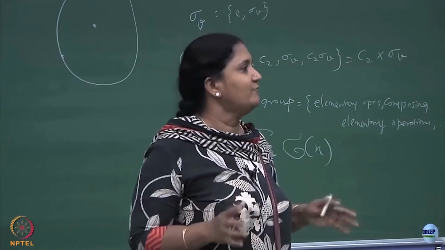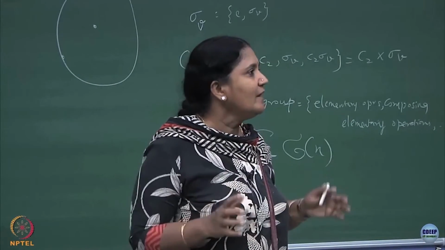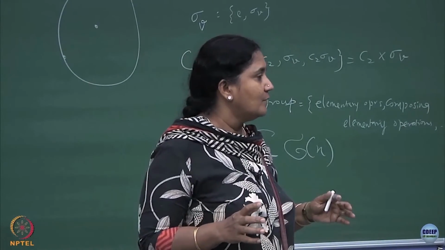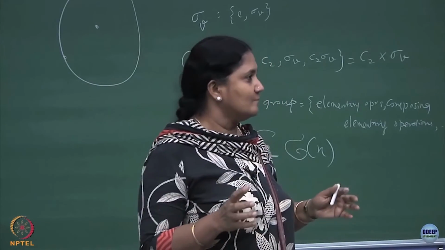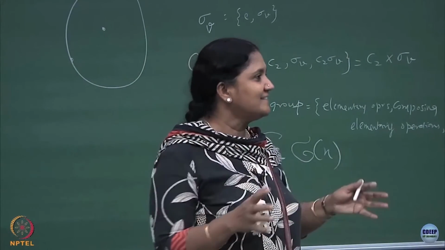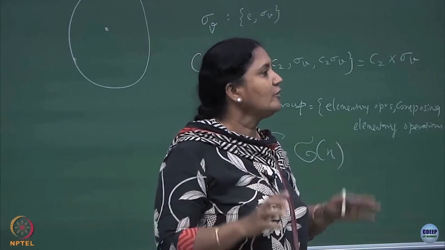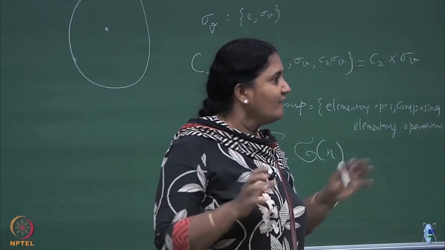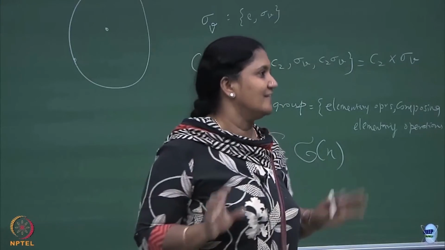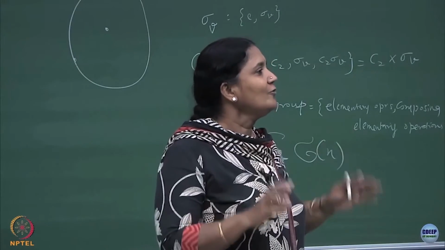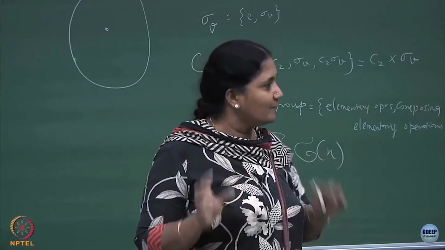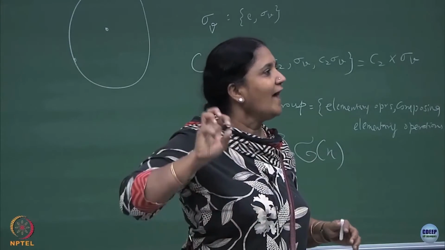But when you do a reflection, the determinant can become negative. You can never transform pure rotations to become improper transformations. So, rotor reflection can never be made to look like a Cn. If at all you want to make rotor reflection look like some other point group, it should have an improper